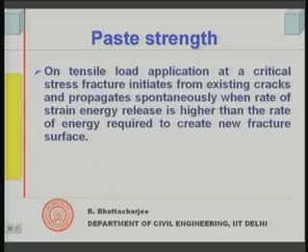So, if you look at the tensile strength of paste, again we are continuing, when you apply tensile load, this load application can take place around defects which are present. This defect could be pores that already exist in the cement paste. If you are looking at only paste, because we said the paste is full of capillary pores and also gel pores, but gel pores are generally small, capillary pores are larger. So, consider neat paste, there are already pores existing in the paste.